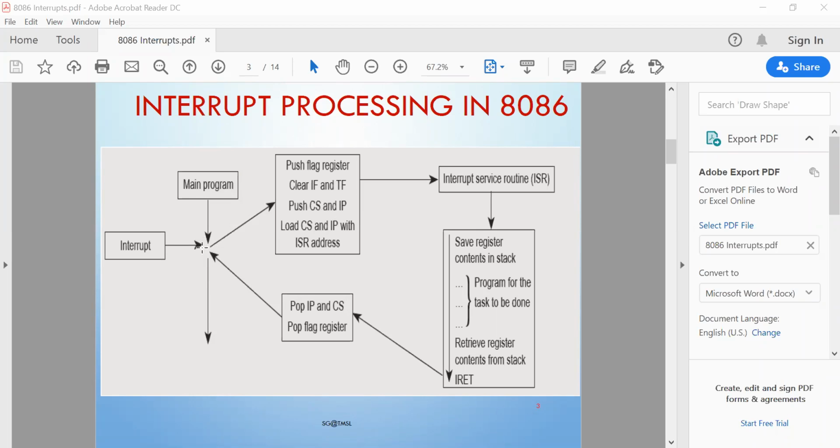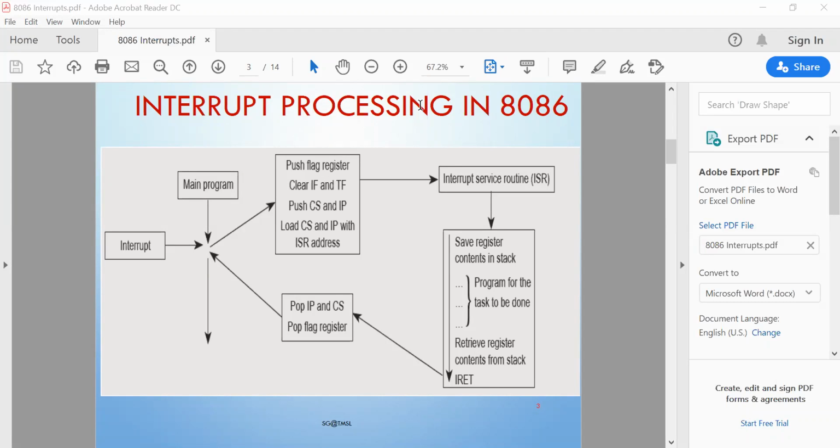Now, after receiving this interrupt signal, the microprocessor needs to execute another operation, which is called the interrupt service routine. Now what is an interrupt service routine? It is another program of more importance or higher priority compared to the main program. So upon receiving the interrupt signal, that program should be executed, and that program is called the interrupt service routine. A routine is a type of program which must be executed according to your requirement of the interrupt signal